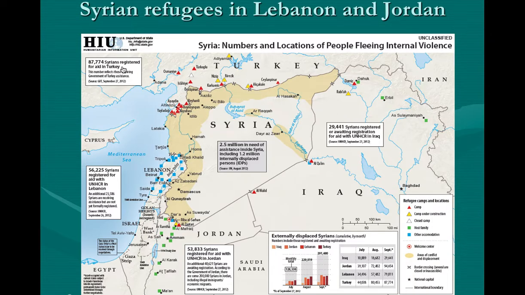Here's another example, again from the Humanitarian Information Unit, the HIU. It's from the Department of State. They have shown displacement of Syrian refugees. So if you look through, if there's a triangle, this is where refugee camps had been. So here's Syria here. A lot of the refugee camps had been placed along the border in Turkey, etc. Some in Iraq here, down here in Jordan. So these were camps that were set up. And then other accommodations like in Lebanon, these were places that people could go to seek refuge.